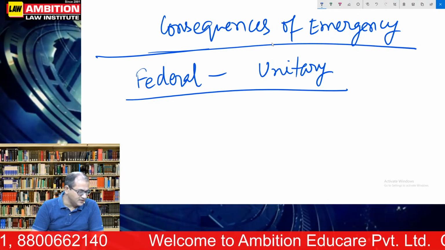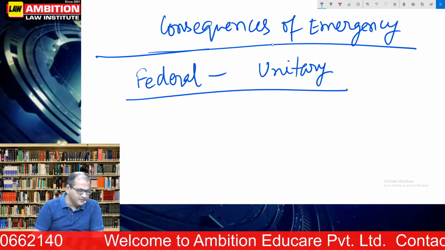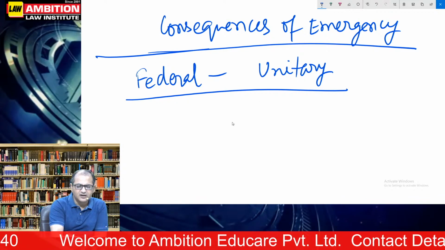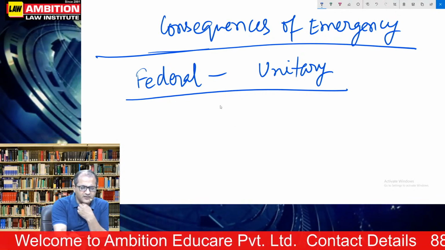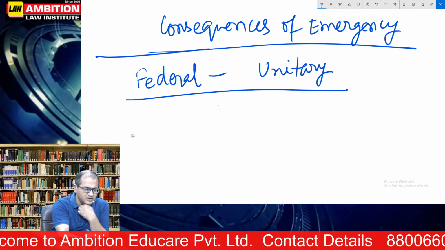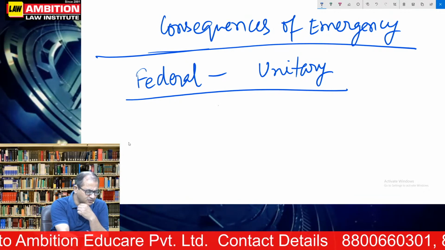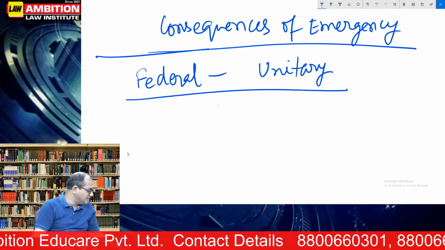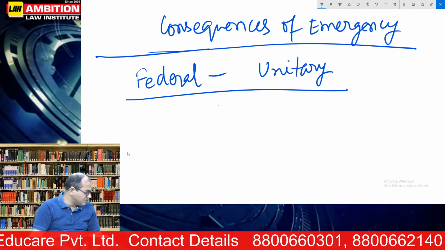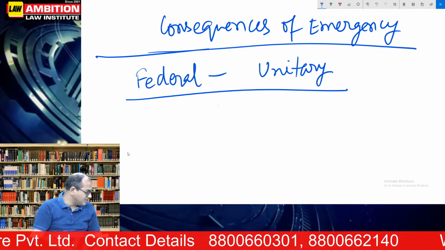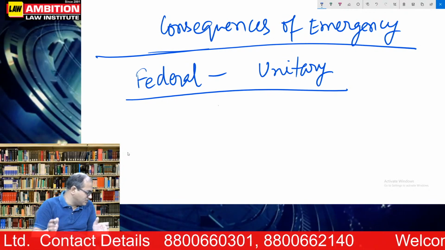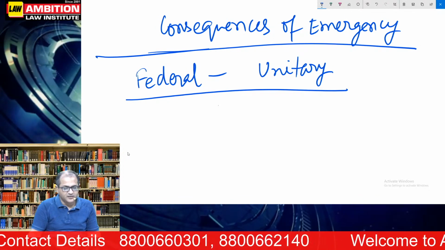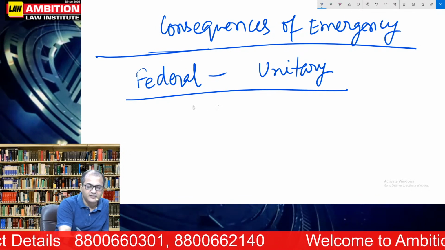Now you can see this and then you can understand this beautifully. Now the moment I said federal unitary, you understand where is the distribution of power. Now you know that there is distribution of power in case of legislature, there is distribution of power in executive, there is distribution of power in revenue in a sense. Revenue distribution is also there. So between center and state,